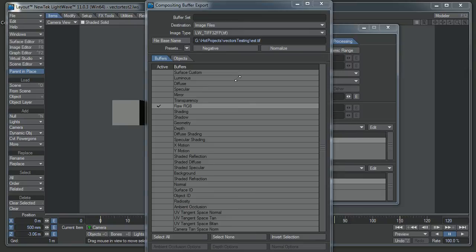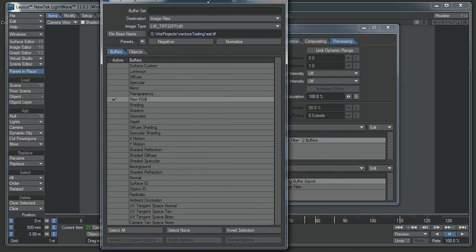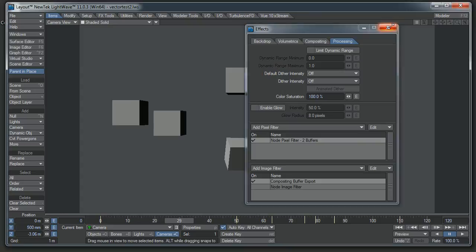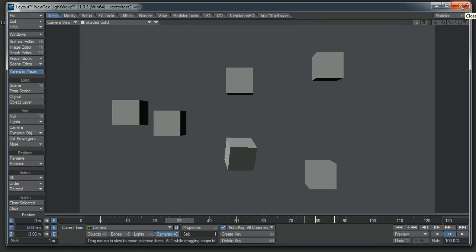whenever you render, even if it's just a test render with an F9, it will save the file. So if you're just experimenting, you want to make sure you set the destination to image viewer or uncheck this, because you don't want to overwrite something you've already rendered unless you actually want to overwrite something you've already rendered. But anyway, that's the basic setup. That is how you get it out of LightWave with the